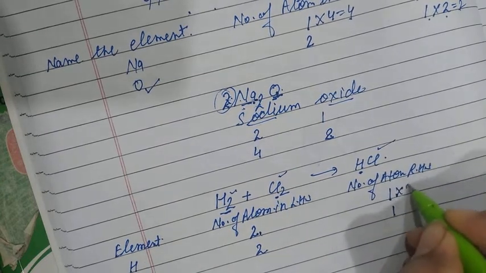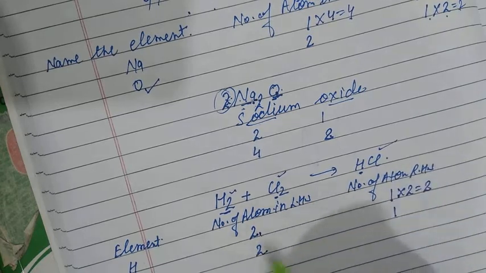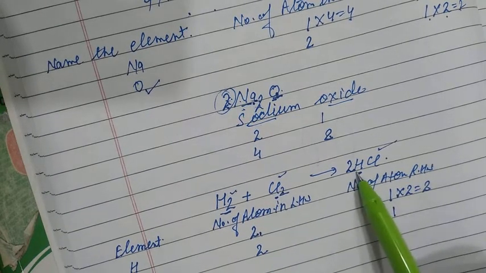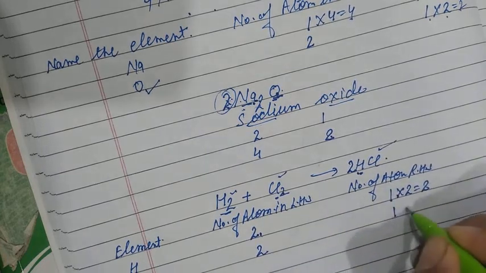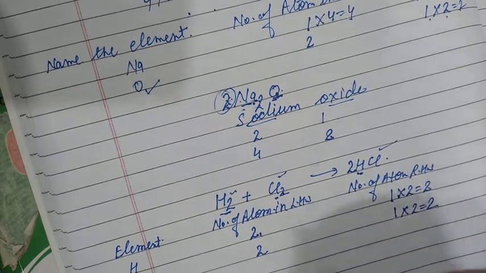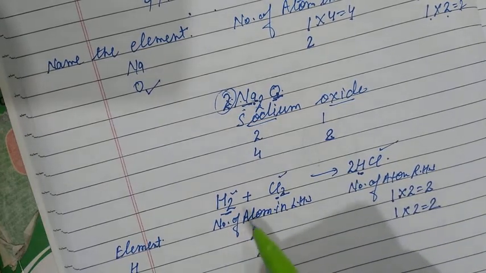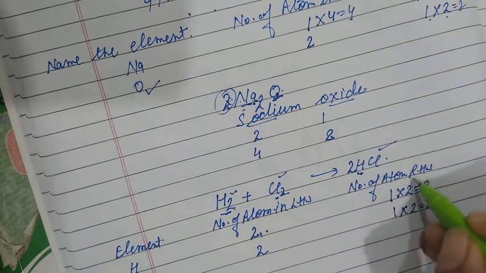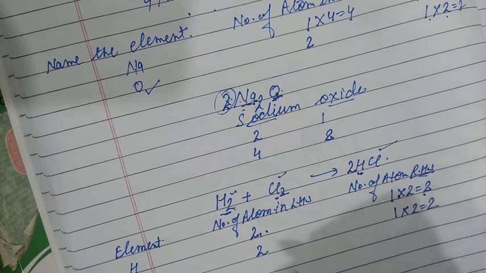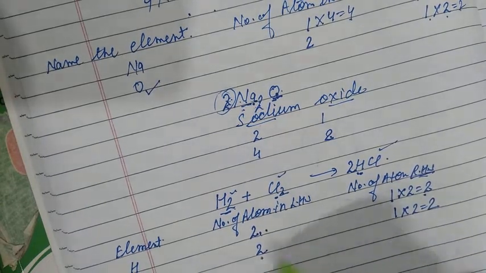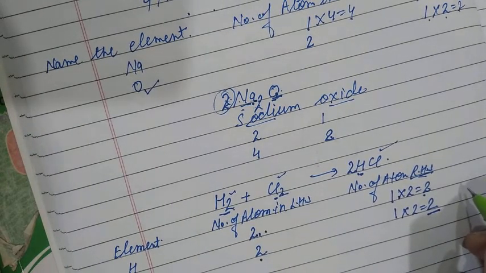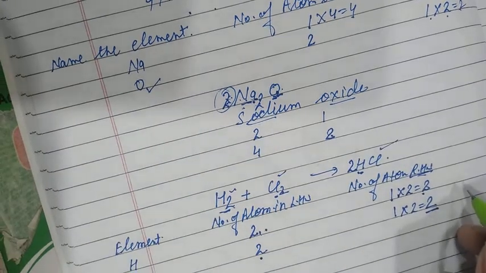We multiply by 2. Now to balance, we write 2 here. Now you will see there are 2 atoms of chlorine, and there is also 2. So we will also multiply by 2. So 2 2s are 4, balanced. The number of atoms of hydrogen in LHS side is 2, and in RHS side also 2, and chlorine also 2 on both sides. To balance, student, it is according to the conservation of mass.